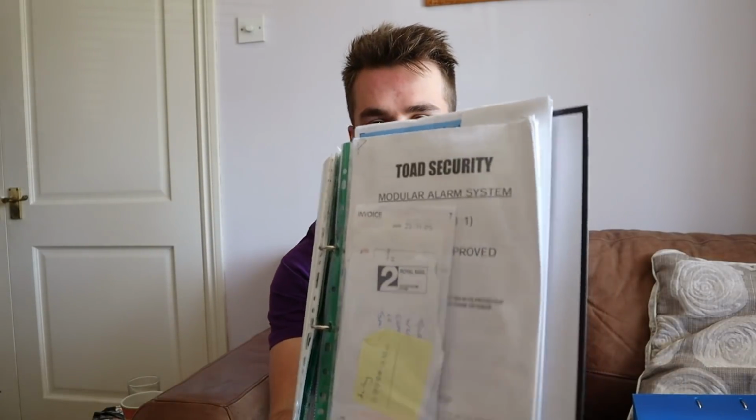Factory fitted extras was metallic paint, Euro lights fitted, radio cassette, front rubber mats, which are no longer in the car. A towed security system on it with all the paperwork there. And yeah, that's that one. It's got random stuff at the back as well. I don't know. That's the boring one. This is the exciting one that